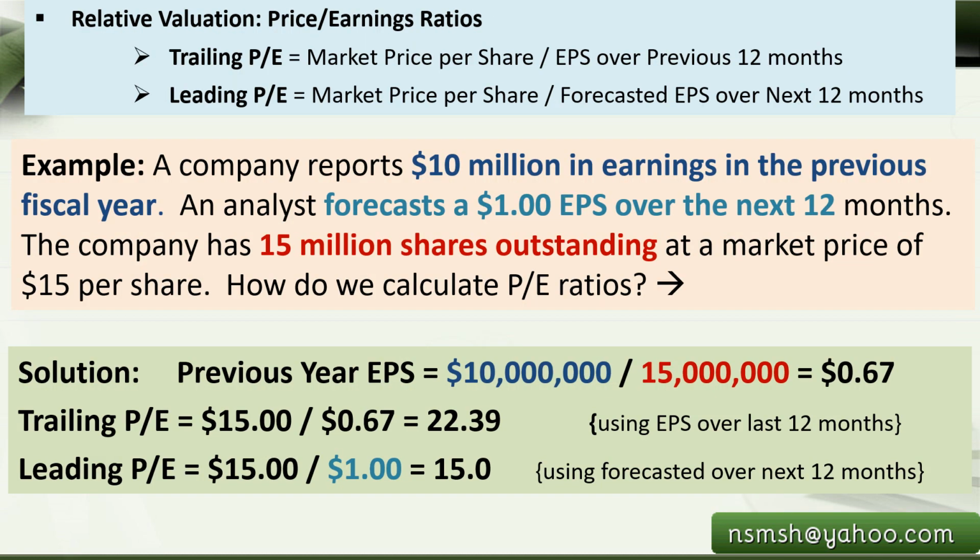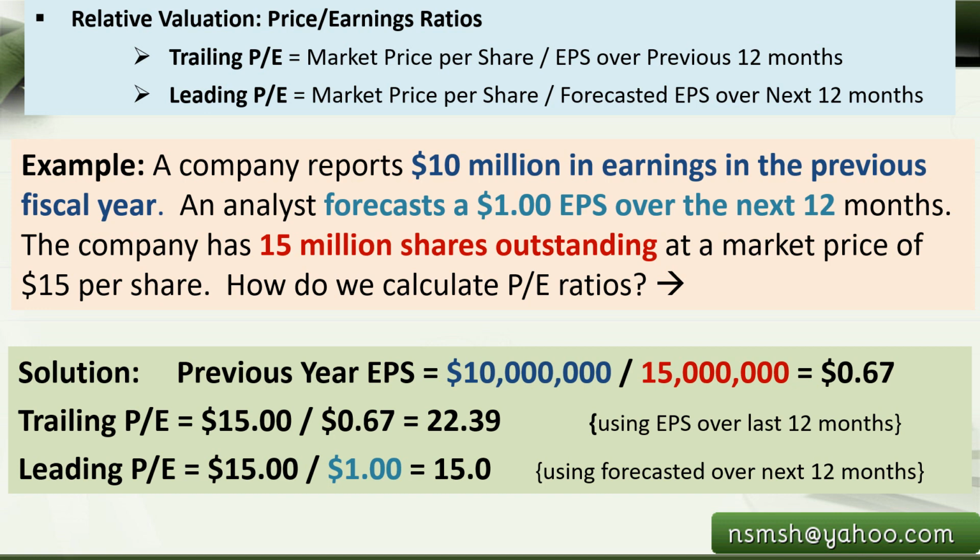Given the formula, we have the trailing price earning ratio and the leading price earning ratio. We take the market price per share, common for both, and here earning EPS over the previous 12 months, and here forecasted EPS over the next 12 months. Okay, so taking this example, the solution is: